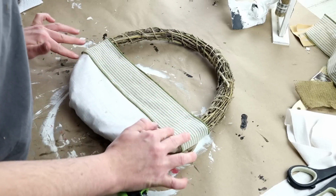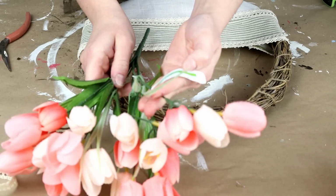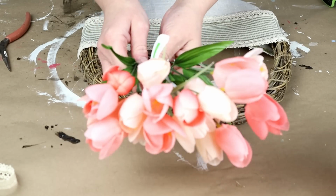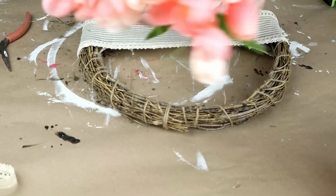And then the next thing I did, I think I lost the clip, but I'll just let you know that I did add some of this lace ribbon from Dollar Tree along the very top of that striped ribbon and then along the very bottom edge of that ribbon as well, just to give it a little bit more of a dainty look. Then for the florals that I'm using, these tulips are from Michaels and they're from the Ashland